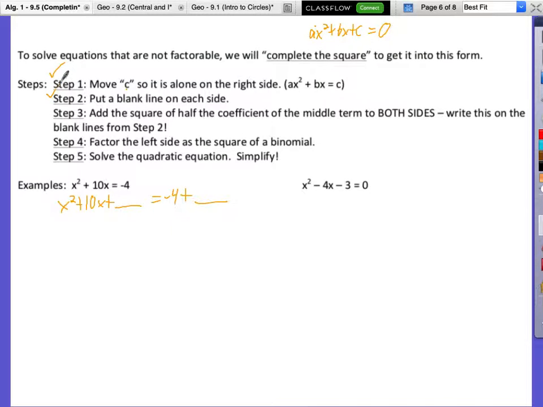So we put a blank line on each side. Okay? Step 3, add the square of half the coefficient of the middle term to both sides. Okay, all it's saying, the coefficient of the middle term. What's our middle term? B. So we're just saying add half of B, add the square of half B, so B over 2